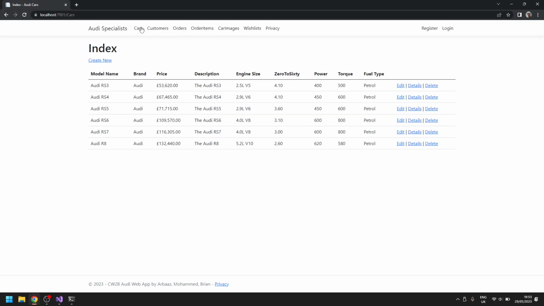There are some car records seeded here, which means already populated with data in the database. The automatic seeding troubled us for a few weeks. It was partly fixed with some assistance from the tutor by adjusting some seed data methods and deleting records already in the database. It seemed that to seed data in this way, the database table had to be empty at first. I'll show you code to the file soon, and a link in the description will direct you to the